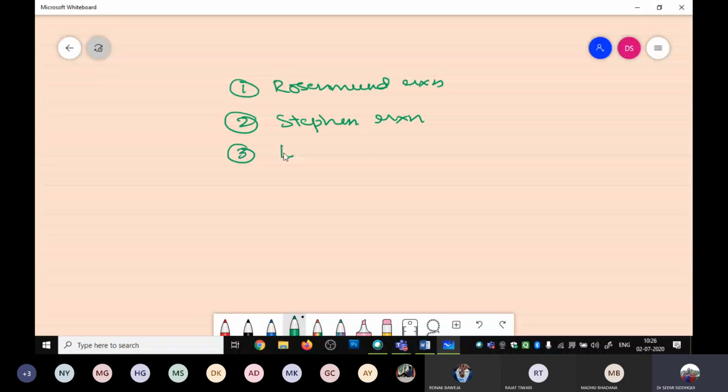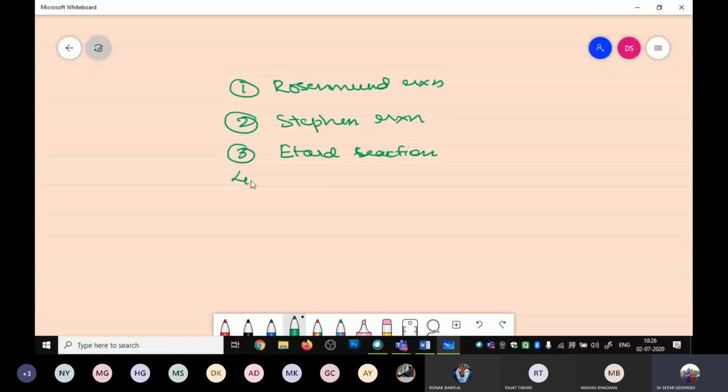The third named reaction was the Etard reaction. In the case of the Etard reaction, we took toluene. That toluene is made to react with chromyl chloride, CrO2Cl2. When it reacted with that in the presence of carbon disulfide, it provided the chromium complex. That chromium complex further underwent hydrolysis, and on hydrolysis it provided the aldehyde.